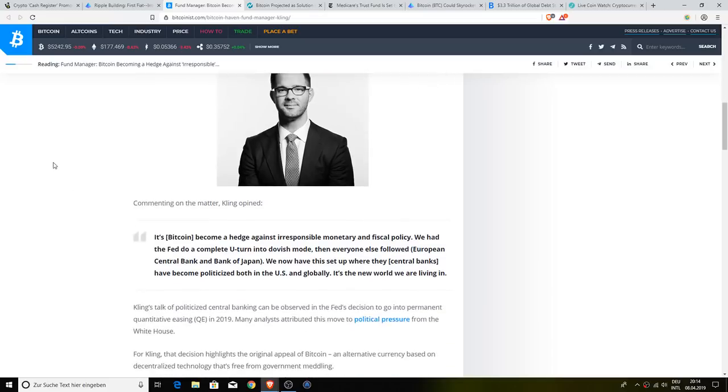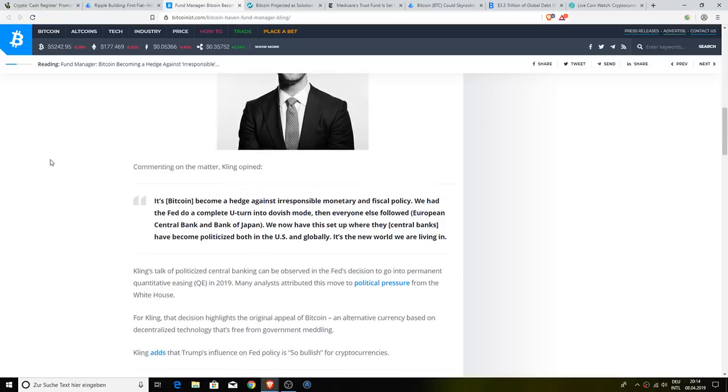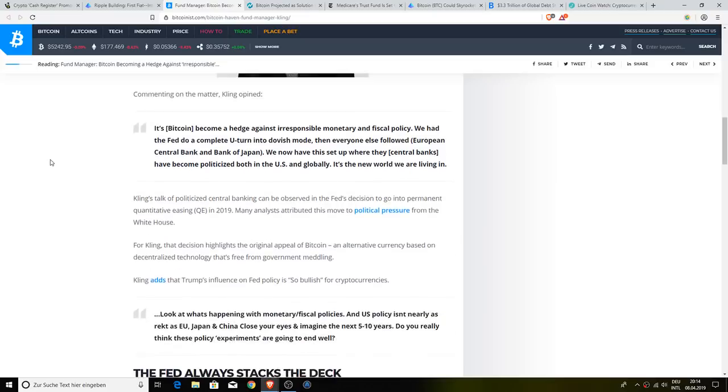Kling's talk of politicized central banks can be observed in the Fed's decision to go into permanent quantitative easing in 2019. Many analysts attributed this move to political pressure from the White House. For Kling, the decision highlights the original appeal of Bitcoin, an alternative currency based on decentralized technology that's free from government meddling. Kling adds that Trump's influence on the Fed's policy is so bullish for cryptocurrencies. He said, "Look at what's happening with monetary fiscal policies, and the U.S. policy isn't nearly as..."